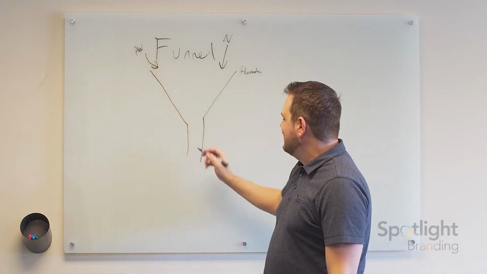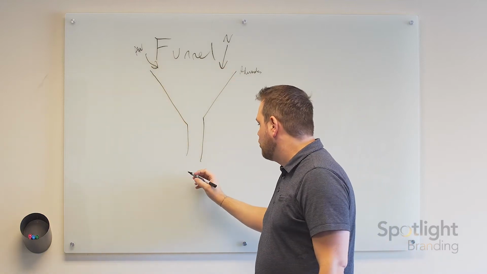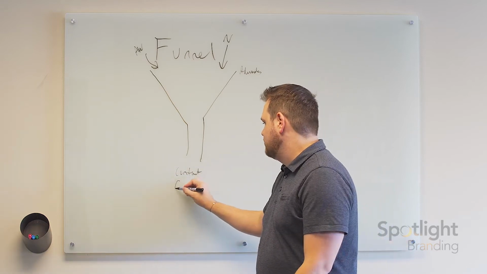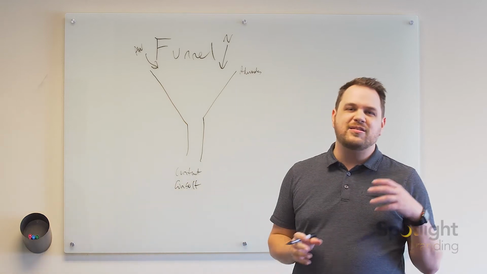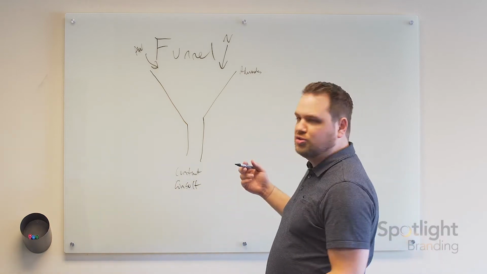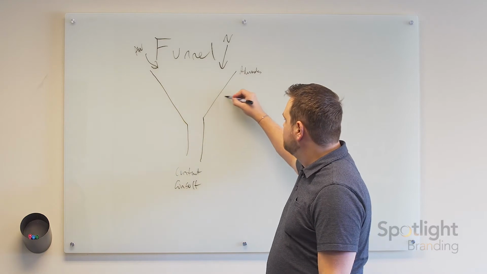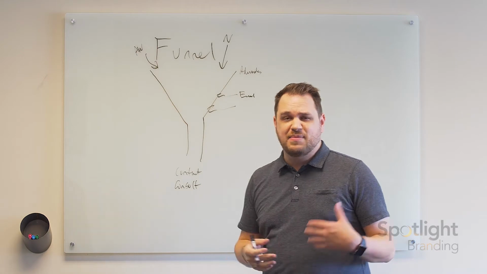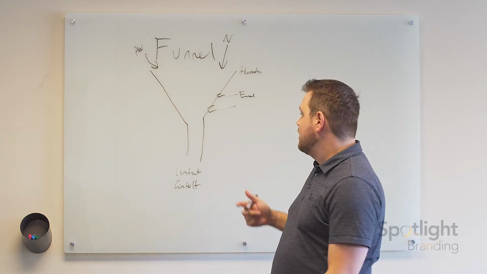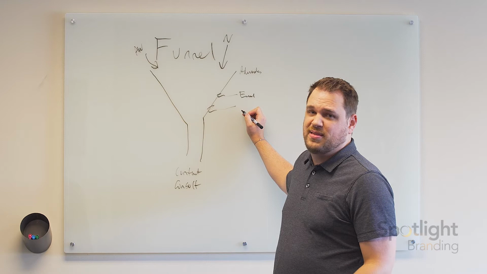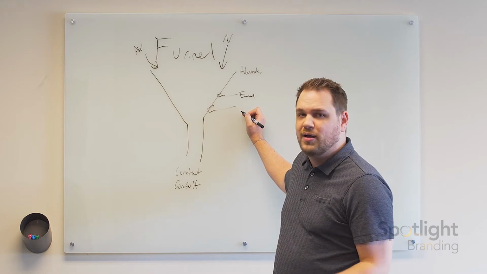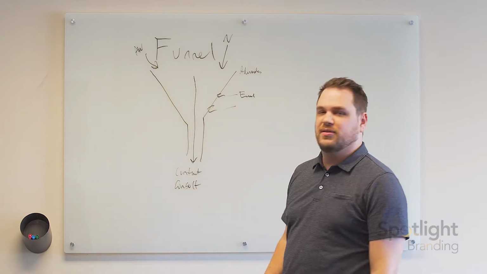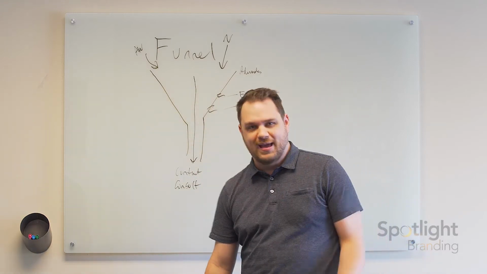They come in and, you know, at the end of the day, you have a goal down here, right? The goal might be a contact form, okay? The goal might be a consultation, okay? Whatever is at the end of your funnel, and usually in a funnel, you've got different touch points along the way, okay? Maybe here they get an email, or maybe it's an email drip campaign where they're getting multiple emails. Maybe here they even get a call from your office. Maybe they start to get a newsletter. Maybe they get a video. A lot of things you can do to move people down the funnel, ultimately trying to get them to make the decision you want them to make.